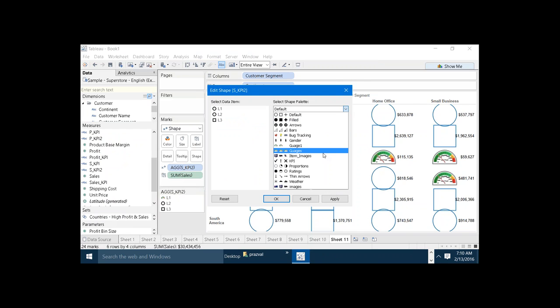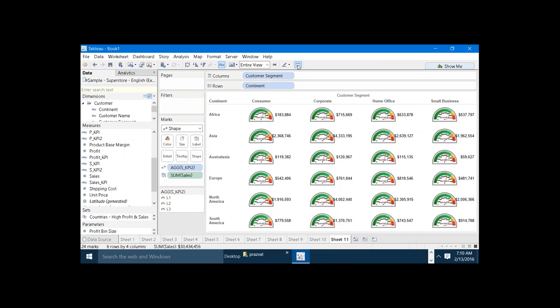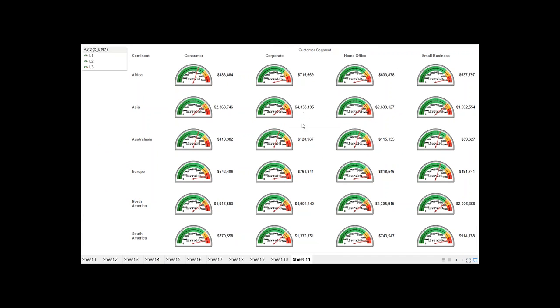So just click on the drop down and click on gauges. Just for L1, click on the level 1. For L2, click on the level 2. For L3, click on the level 3. Click on apply and click on OK. Yes. So now here we go to see